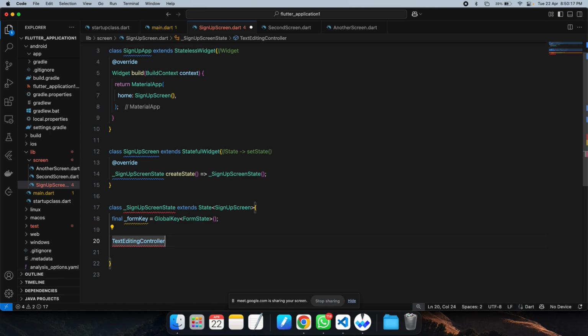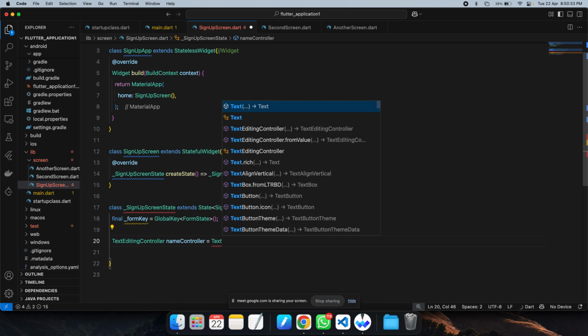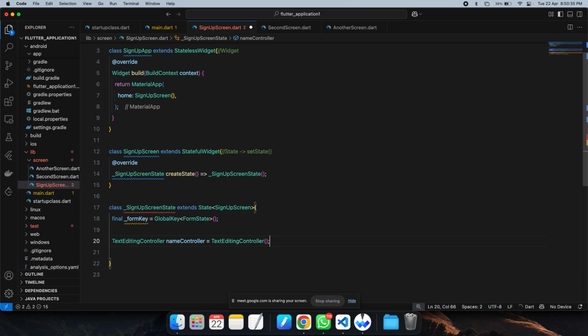So this text editing controller is a type of class, and we are creating an object of this class, that is nameController here. Like this, and then we put on the constructor of this, that is TextEditingController, and this constructor like this. So this TextEditingController is the class. nameController is the object by which we can handle all the operations